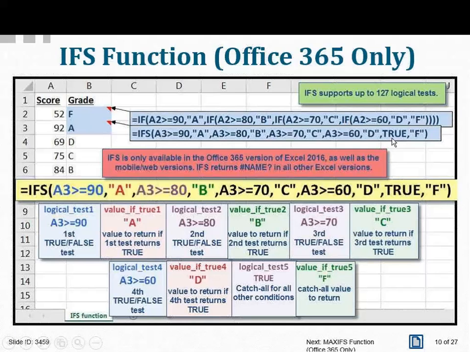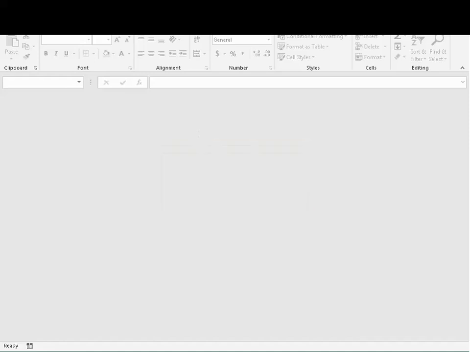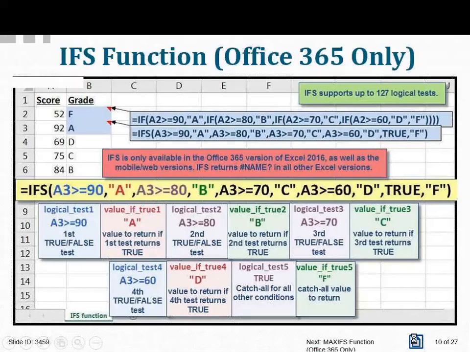So what I'm doing here, if I'm converting these numeric scores to a letter grade, then I can put tests that handle an A, a B, a C, and a D, and then I have a catch-all so that everything else is considered to be an F. And that way I don't have to nest these worksheet functions together to make that decision. So what that would look like in Excel here